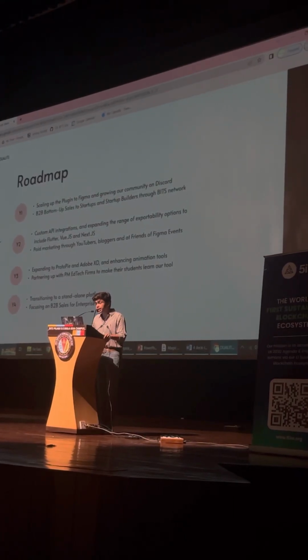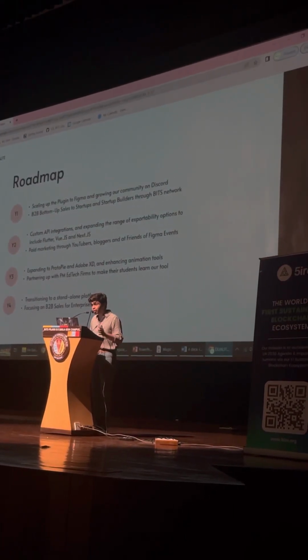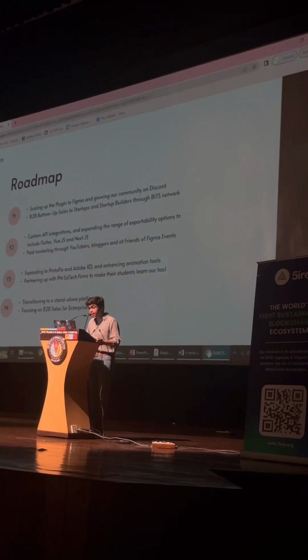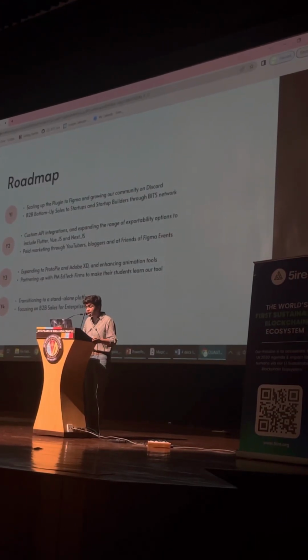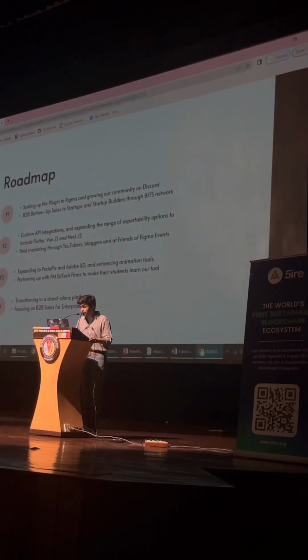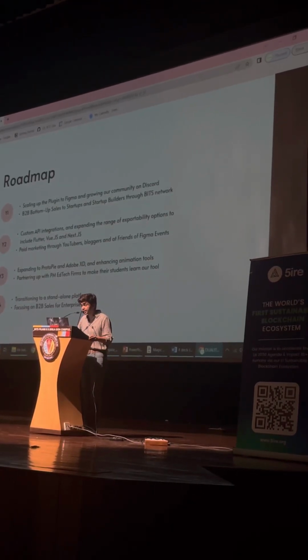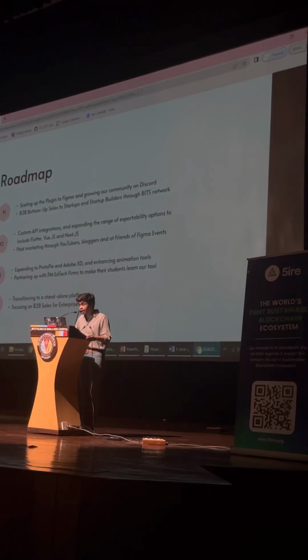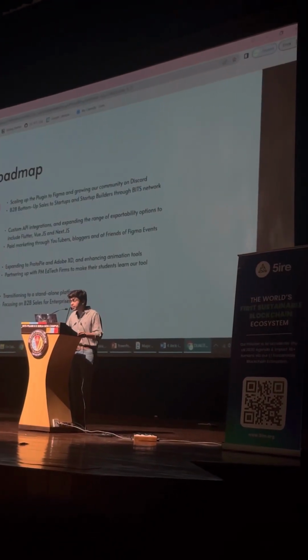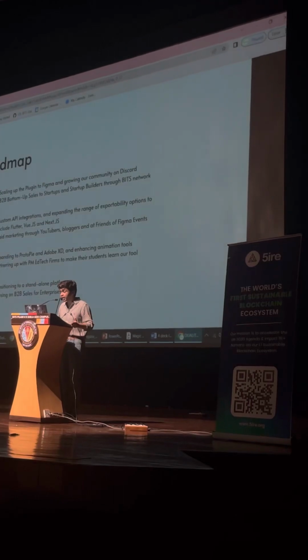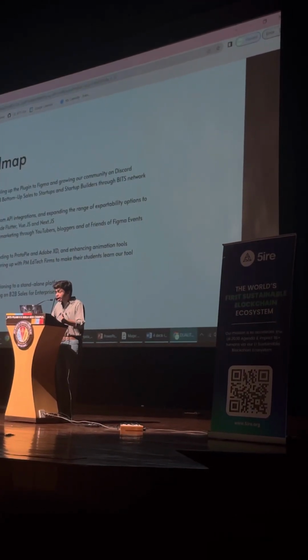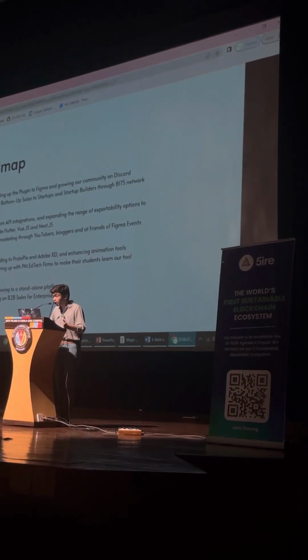In the first year, we'll be scaling to just Figma and growing a community on Discord, and using our BITS network, we'll be doing B2B bottom-up sales to startups and startup builders. In the second year, we'll be expanding to different kinds of languages like Flutter and Next, and also doing custom API integrations. In the third year, we'll be expanding to other design tools like Adobe XD, Protopie, and also partnering up with EdTech product managerial